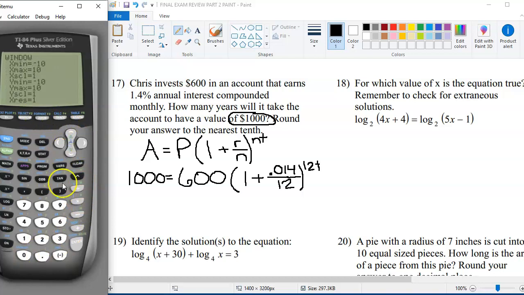And then I'm going to change my window to get this thing right. X is the number of years because we're using x instead of t. I think this is a pretty terrible investment, so I'm going to go out 50 years because I think this might take a while, and I'm going to put tick marks every 5. For my y, I need to try to find a way to get up to $1,000, so I'm going to make my scale go up to 1,200 just so I can get a really good view of what's going on. All right, so